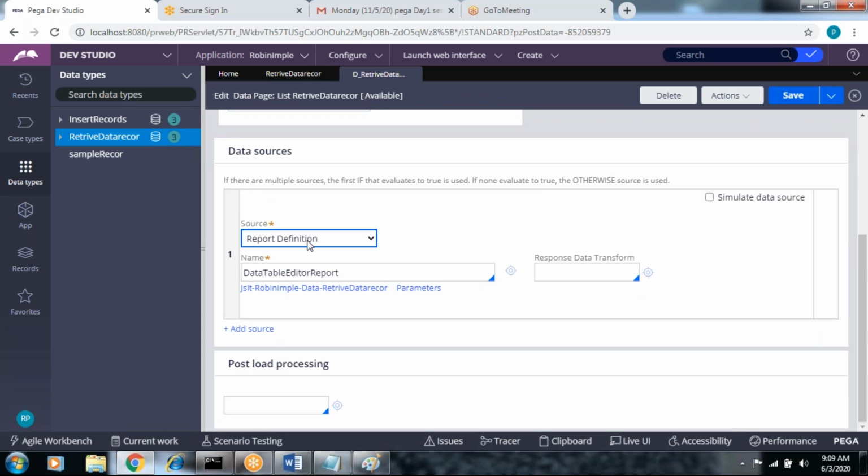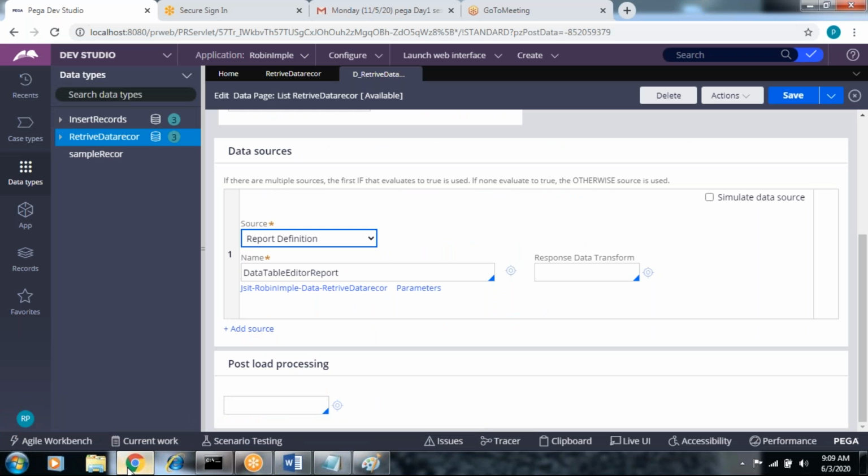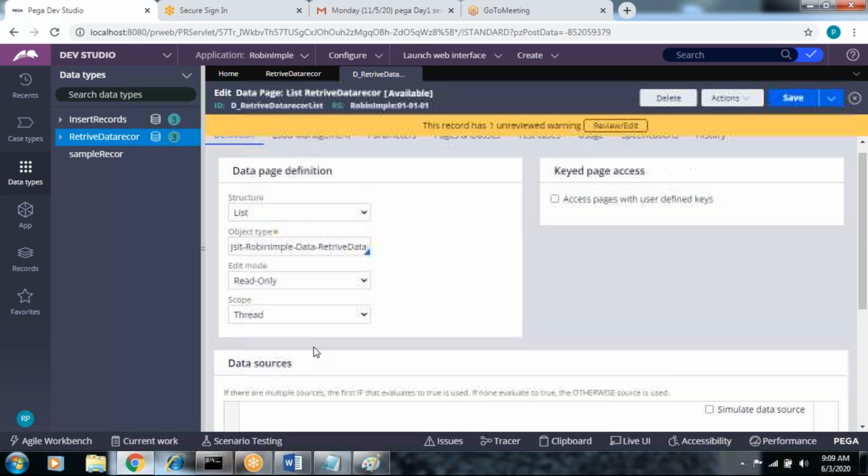So data structure, sources, connector, data transform, report definition: these are the sources of the database. That's what I mentioned here. How do you pick the thread, node or requester level? When you're creating a data page, do you already know which scope to choose? That's the reason. Suppose you want to give access to the database to multiple requesters, mention the node level.